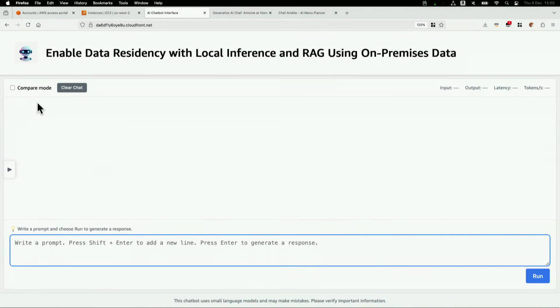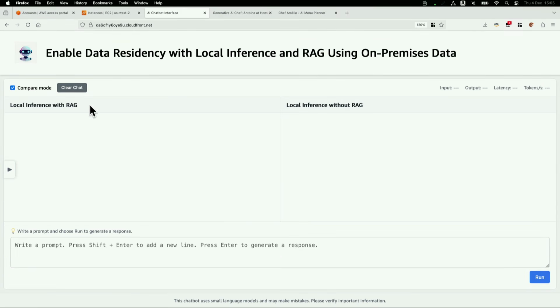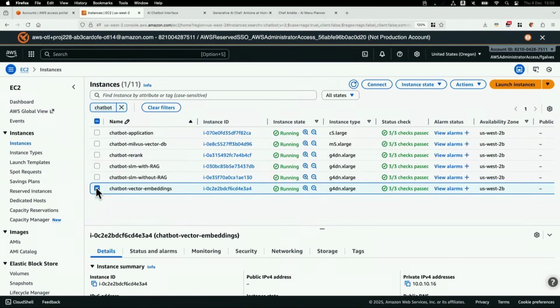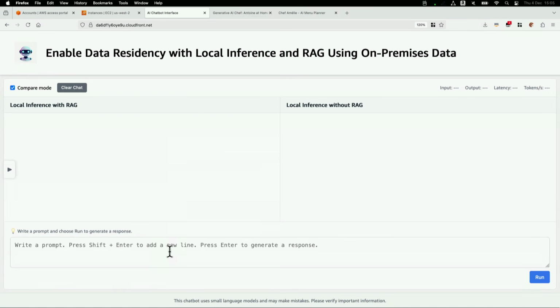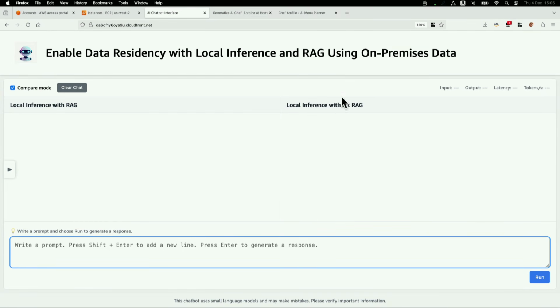We also have a compare mode here to show the use of RAG and without RAG running at the edge. This application is running exactly the architecture that Chris presented in the last slide. Just remembering, we have two instances, one that we use to run the inference with the context of RAG, and another one that we are using without context. And if I ask a question here, on the left side, we can see inference running without RAG. On the right side, we have with RAG.